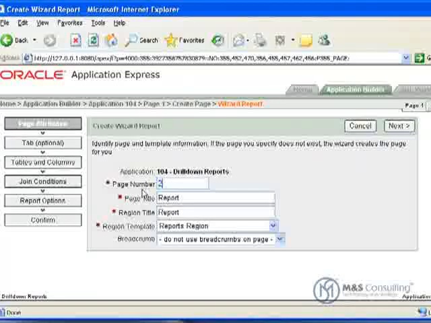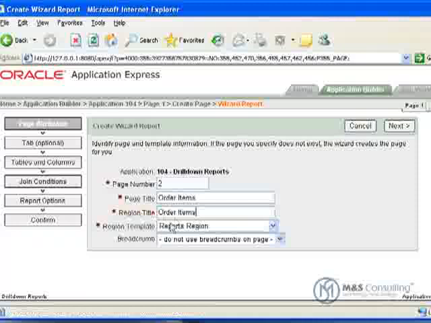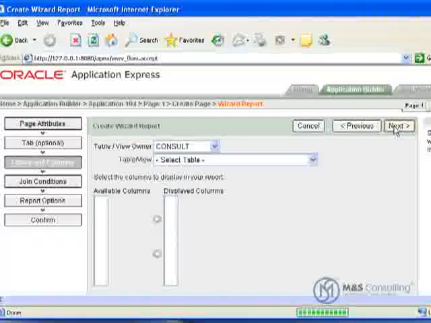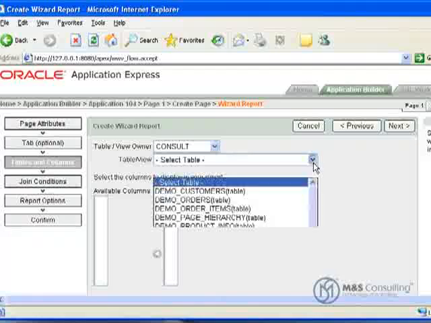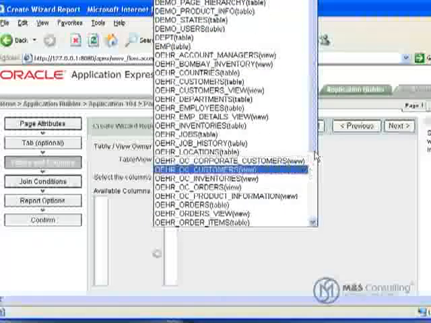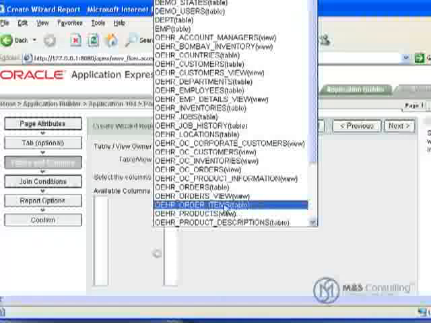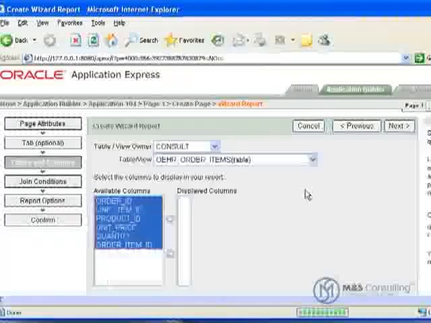And this time it's going to be on page number 2. Its page title is going to be Order Items, and Order Items for the region title as well. Everything else is okay. We click Next. Okay, and our consult is already set as our view owner. We're going to go to our View Our Tables, and we're going to pull up our OEHR Order Items table,